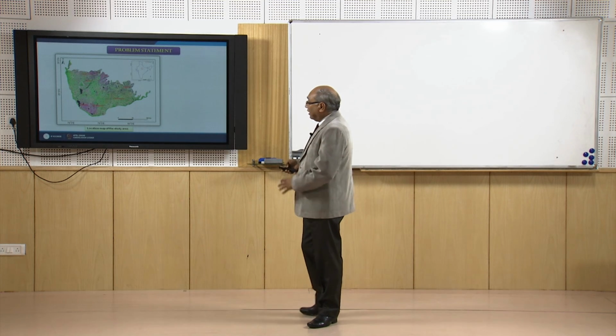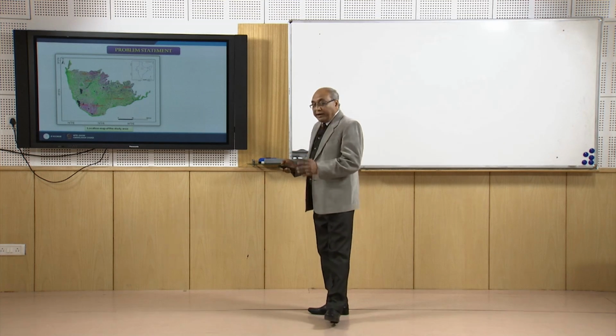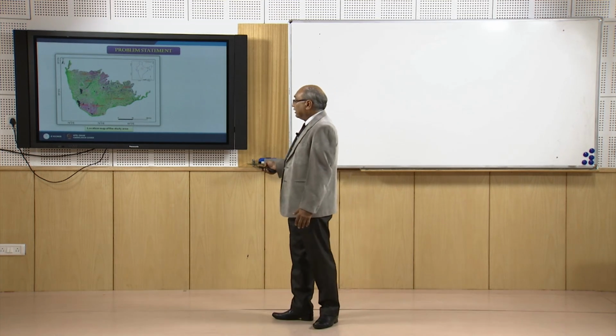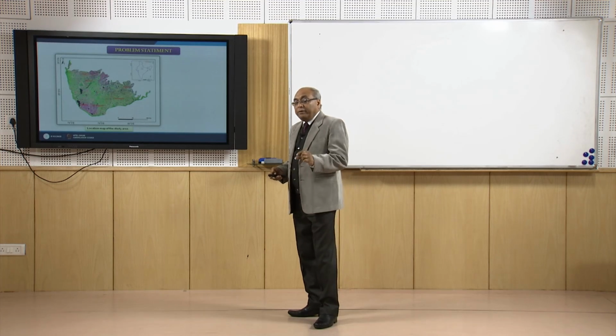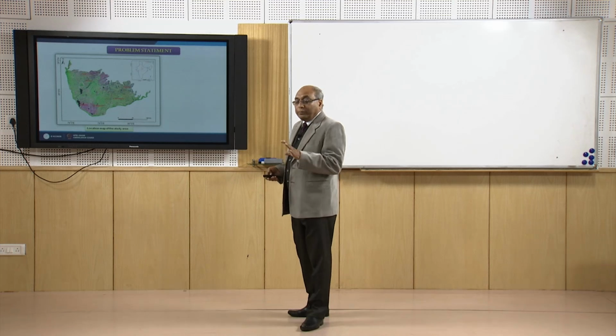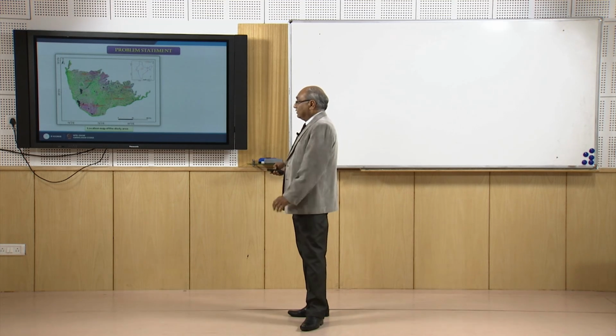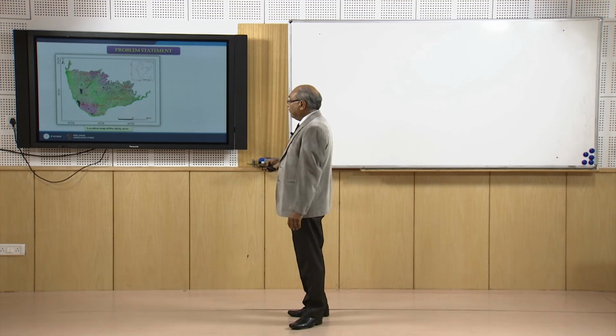So if we start looking at the entire region, this is the entire Bundelkhand region, which is all granitic terrain. There are small and large reservoirs. Two large reservoirs on the Betwa river are there, Rajghat and Matatila, and there are other small reservoirs. And what you will observe when you zoom these images is that wherever there is a reservoir in the surrounding or especially in the downstream, you will see growth of vegetation, otherwise it remains dry